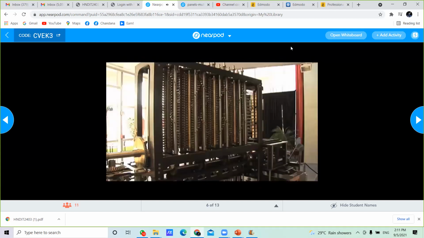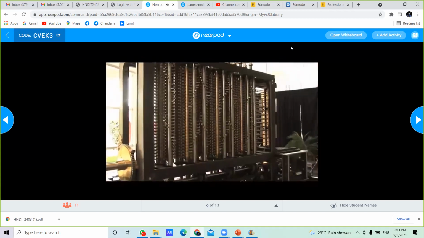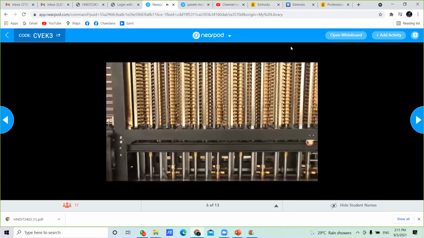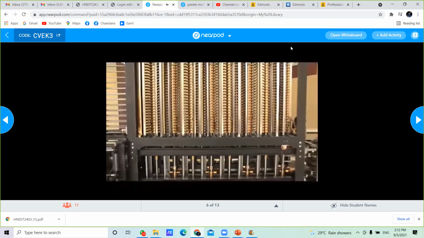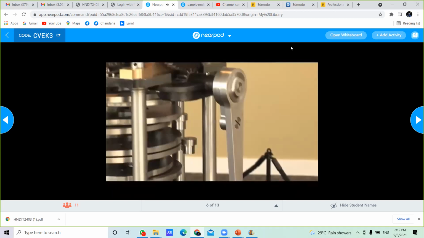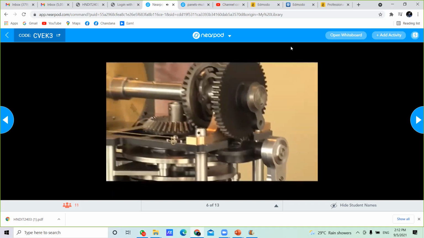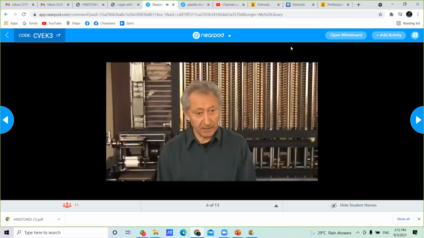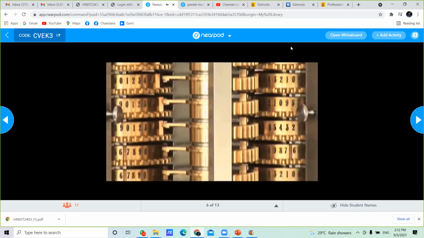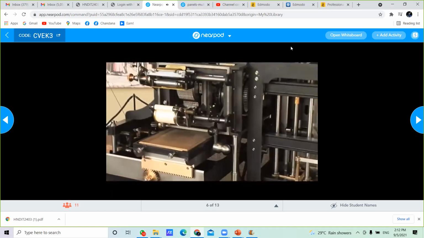The engine itself weighs 5 tons. It consists of 8,000 parts made of bronze, cast iron, and steel, and it measures 11 foot long and 8 foot high. It's operated by cranking a handle. What it does is it calculates and tabulates the value of any 7th order polynomial, a class of mathematical expression, to 31 decimal places. It not only calculates that with unerring accuracy, it also prints an inked hard copy as a record of the results,